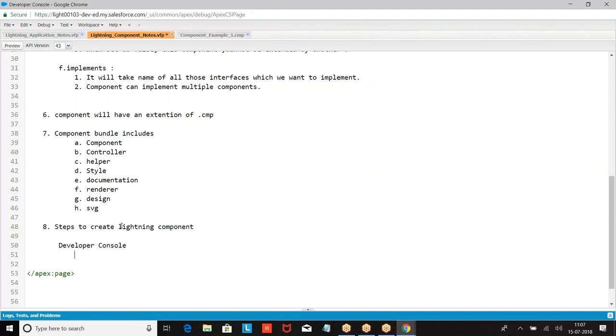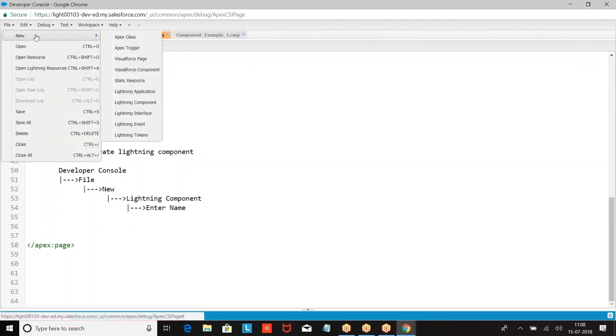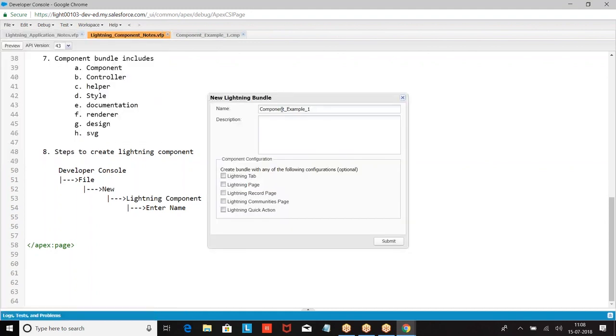Developer console, File, New, Lightning component, enter the name, then save it.